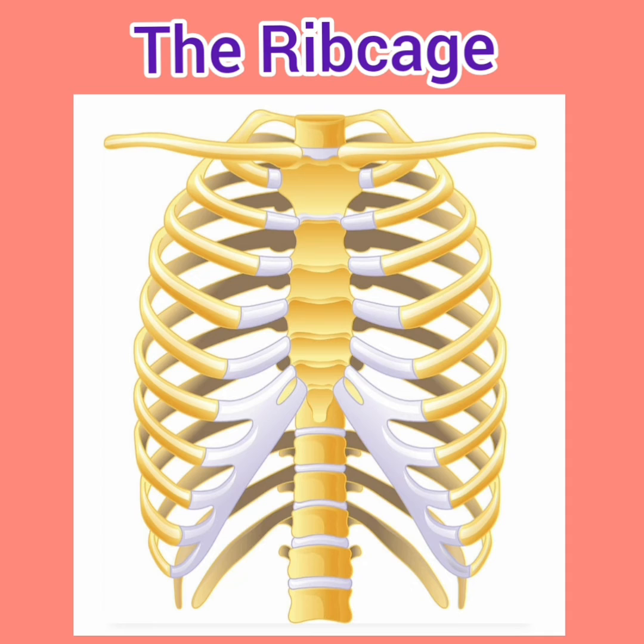Let us now discuss the rib cage. The rib cage is a cage-like structure formed by 12 pairs of thin curved bones. These curved bones are called ribs. They are attached to the backbone and to the breastbone in the front. The last two pairs of ribs are not attached to the breastbone. They are called floating ribs. The rib cage protects the heart and the lungs. Dear students, now look at this video.